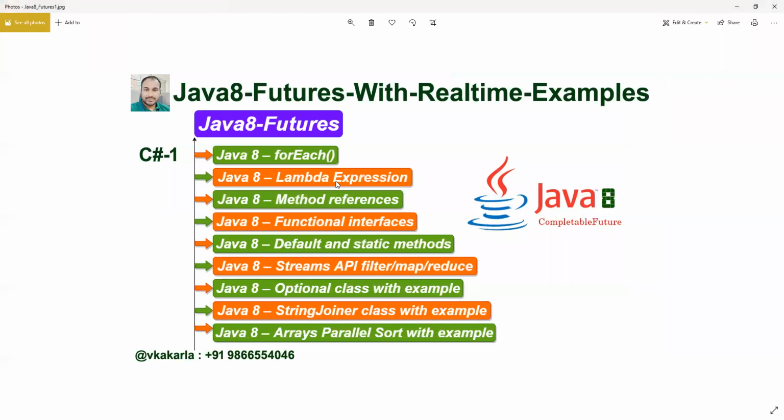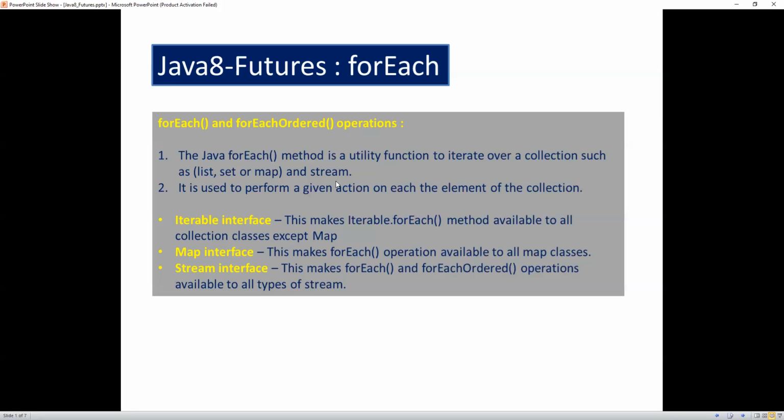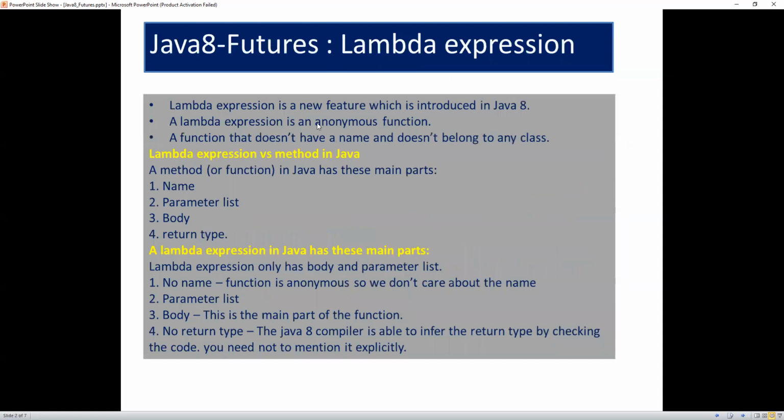Next, lambda expressions. What are lambda expressions? A lambda expression is a new feature in Java, and it is an anonymous function, which means a function that does not have any name and does not belong to any class.